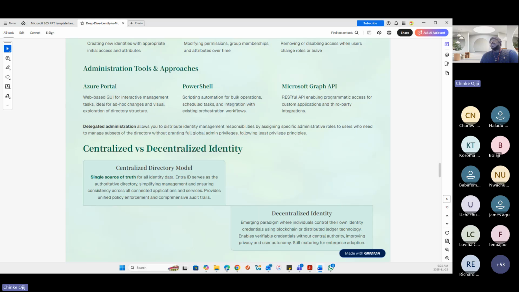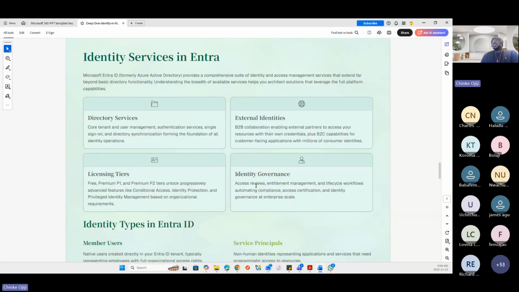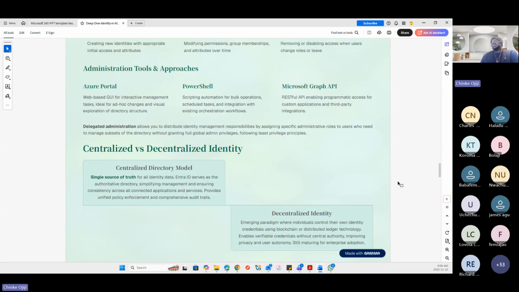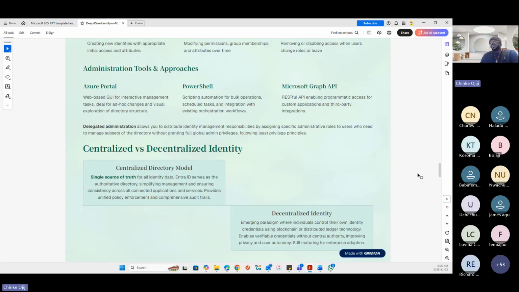Now, but for personal accounts, right, a personal Microsoft account, that is a decentralized identity because the user is the one managing their account. It's not being managed in a centralized place, right? So that is the difference between centralized and decentralized models. Now, what's the Entra ID?